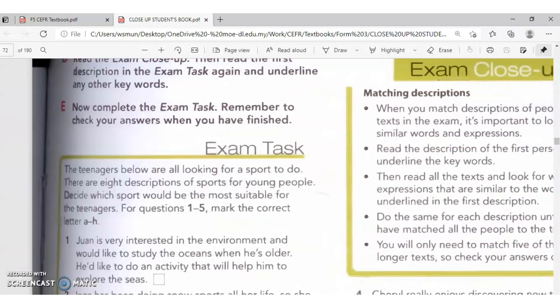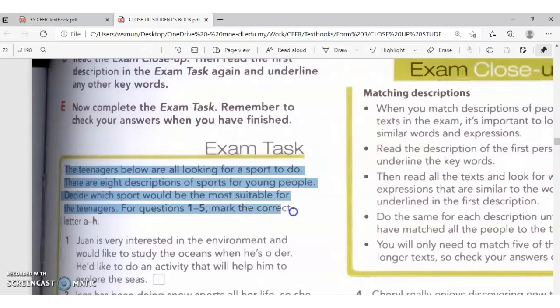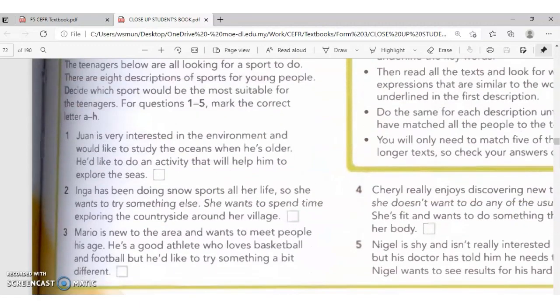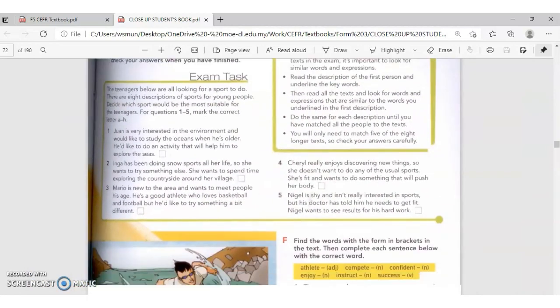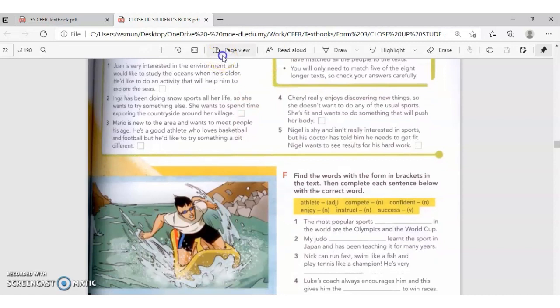Okay, now let's look at what you are supposed to do actually, right? The exam task. The teenagers below are looking for a sport to do. There are 8 descriptions of sports for young people. Decide which sport would be the most suitable for the teenagers. For question 1 to 5, mark the correct letter A to H. Alright, so just now we have gone through the description of 5 people, 5 teenagers who are looking for a sport to do. And in the text, okay, in the text you will be able to see,